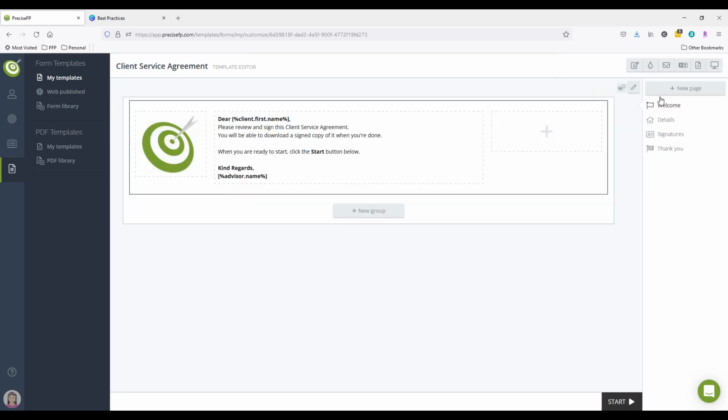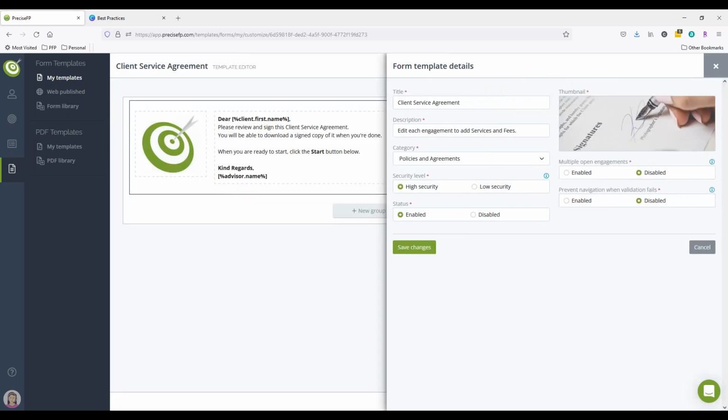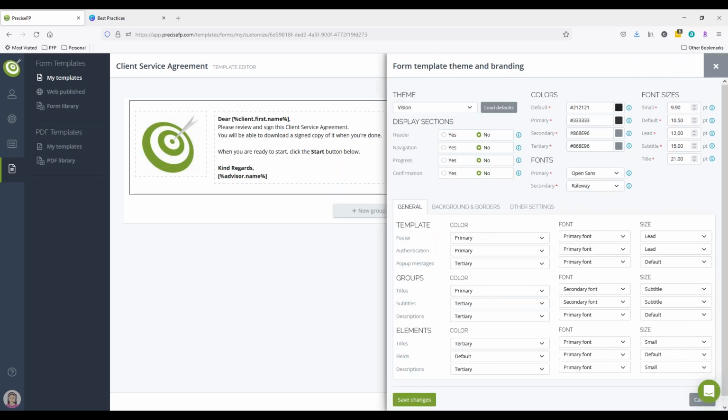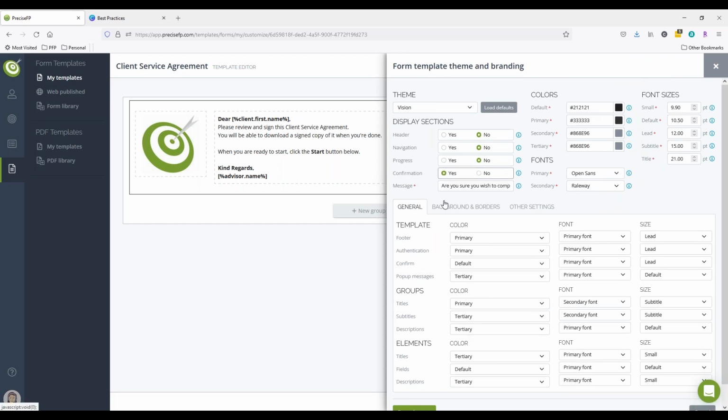Okay, what I recommend doing too, and this is going to be personal preference to you, is under the theme, there is this spot here called confirmation. Highly, highly, highly recommend enabling this when you are setting up to have a signature from both of them, because